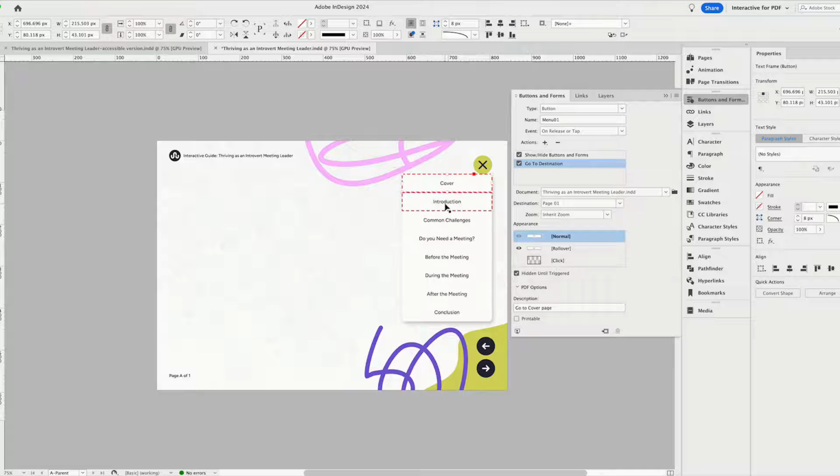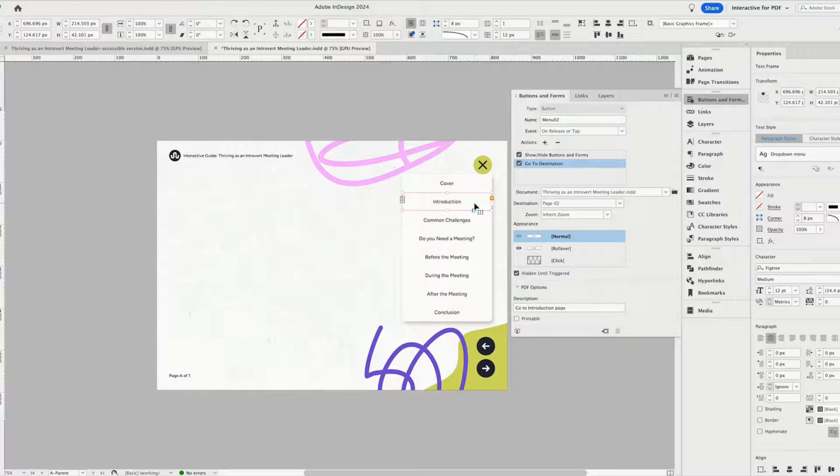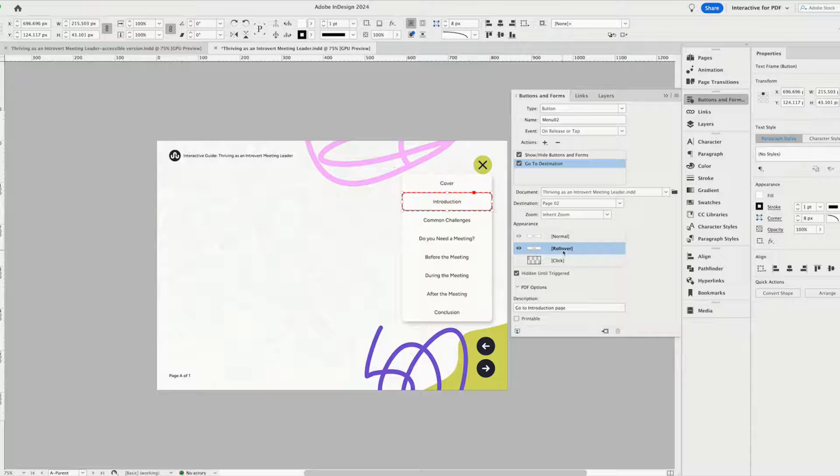And for each button, I have created this kind of normal effect where there is no fill. If I just double click on this, you can see there is no fill and no stroke. Only when it's rolled over, when it's hovered over, you're going to see this black outline and a white fill. So that's the style that I chose for this one, and you want to do that to all of them. When we look at the button here, you want to make sure that hidden until triggered is ticked,